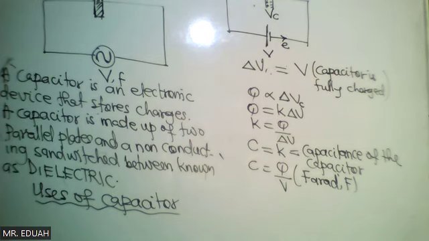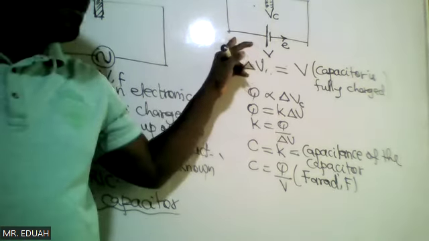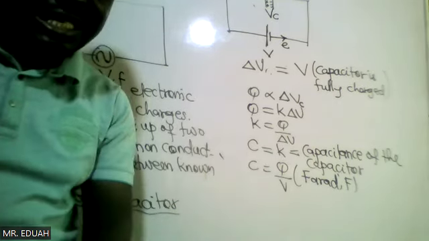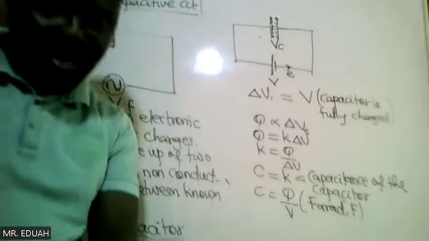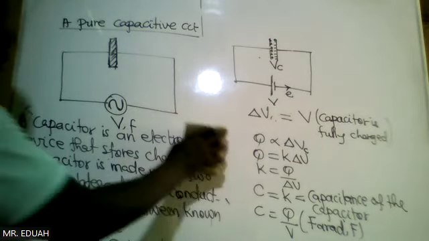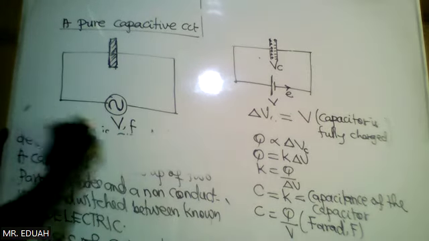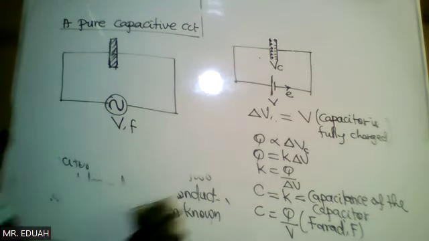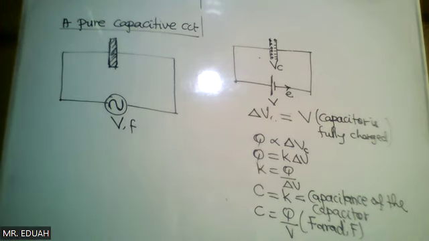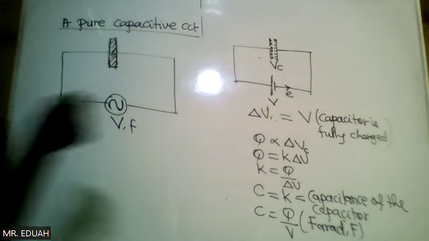All right. So when you connect a DC source to a capacitor, the capacitor gets charged. Now, when you connect an AC, what happens? Let's see. When you connect an alternating voltage, the alternating current will lead the voltage drop across the capacitor,